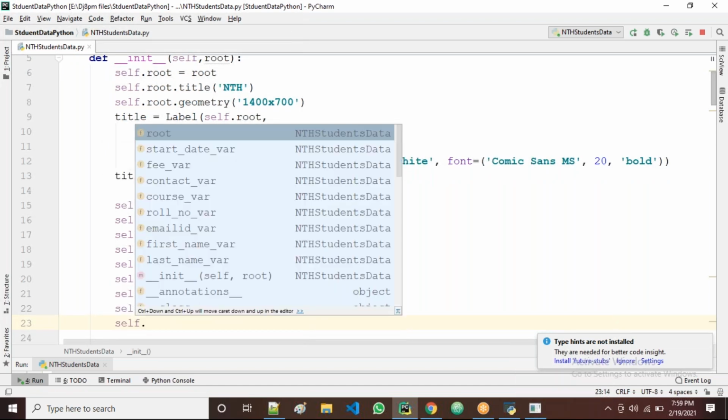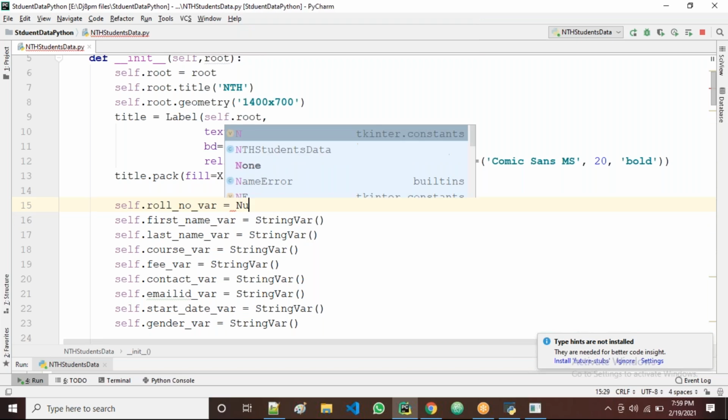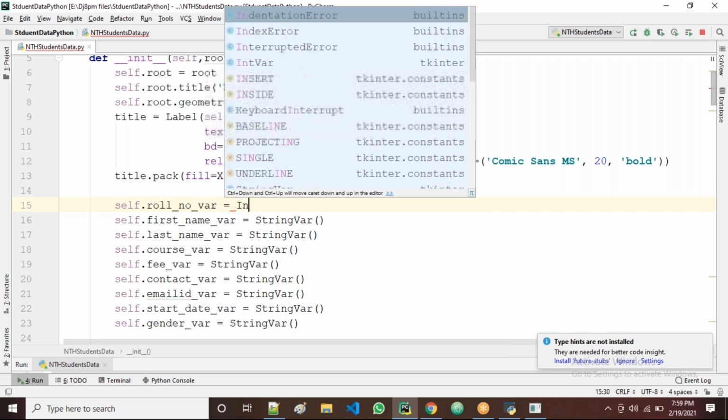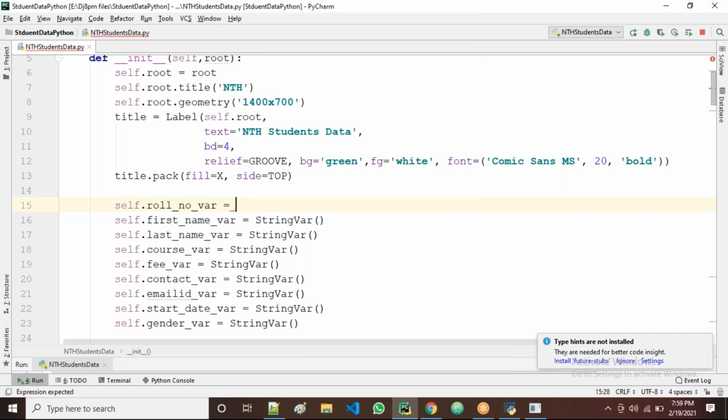Self dot gender variable, guys. Okay, we'll take it again as string type. For roll number, are we taking numeric here, or do we have the string, right?